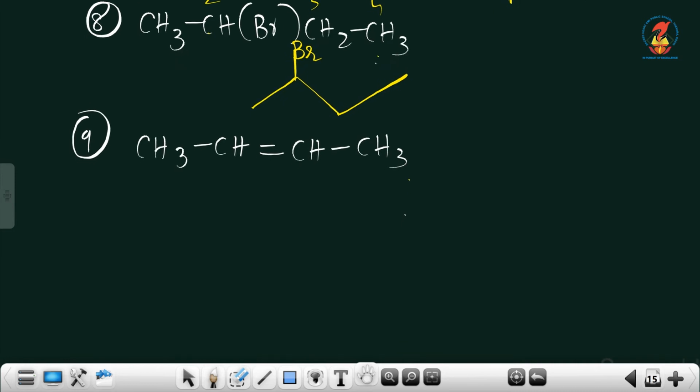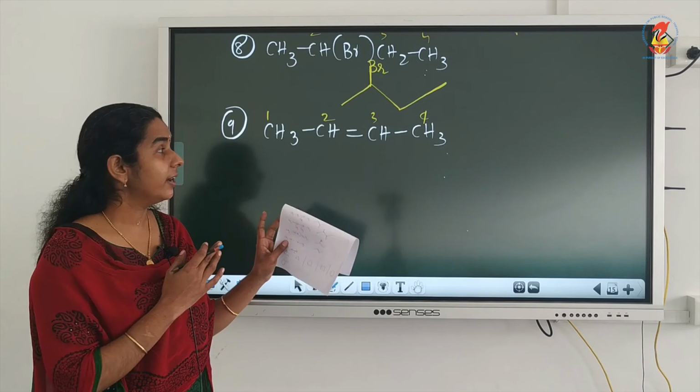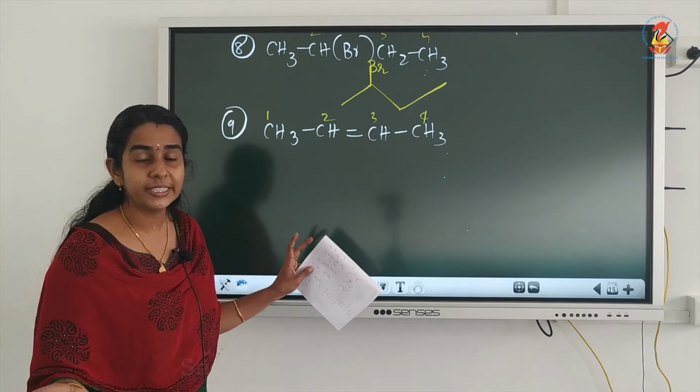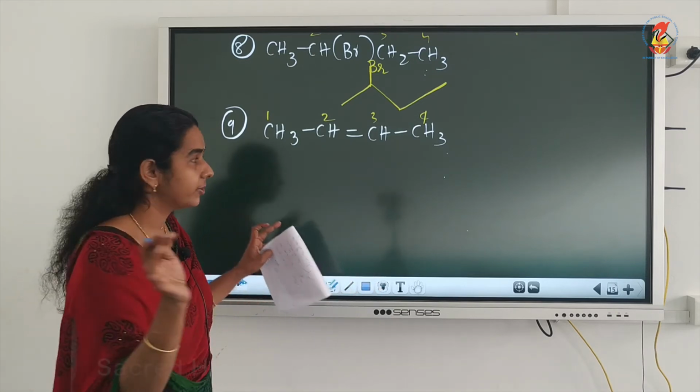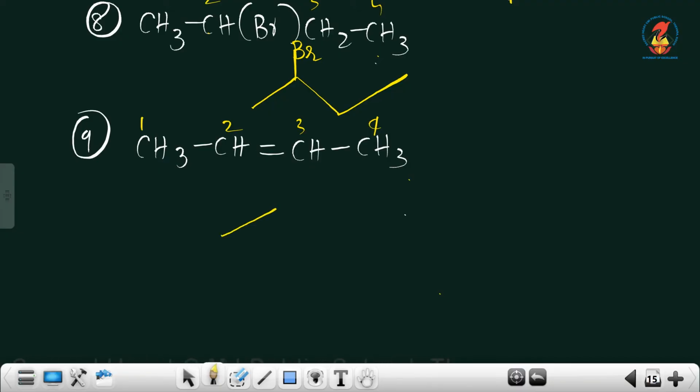How can we draw the bond line representation here? Just give the numbers as 1, 2, 3, 4. Here there is only carbon and hydrogen. Yes, we know that the carbon and hydrogen atoms, no need to represent, only carbon-carbon bonds. So between 1 and 2 carbon, single, 2 and 3, double. Listen, between 1 and 2 single, 2 and 3 double, 3 and 4 again single bond. Okay, or if you want, you can start from the top. Okay, both are correct.